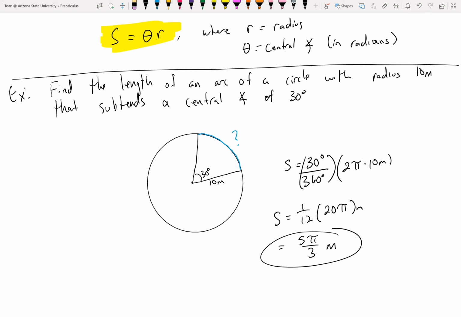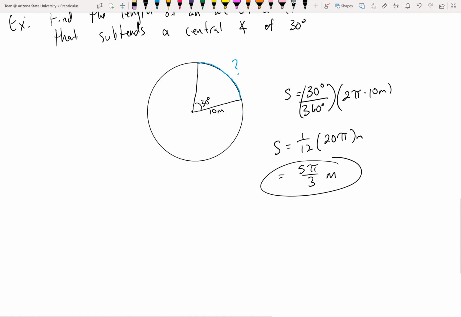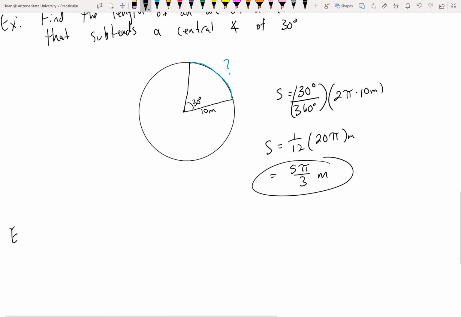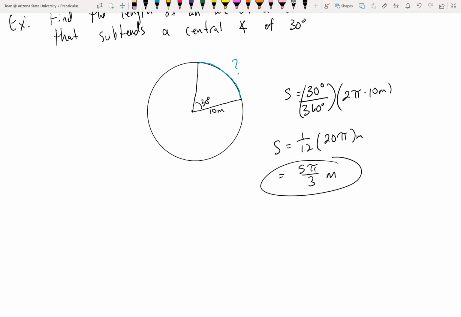Now, typically with these problems, with any problem that's based off of a formula, 9 out of 10 times the problem will give you all but one variable that you have to solve for. So this was a pretty straightforward question. They gave you an angle, they gave you a radius, boom, find the arc length. The only way, and it's not that difficult, the only way I can make this harder is give you different pieces of information. So for example, a central angle, theta, in a circle